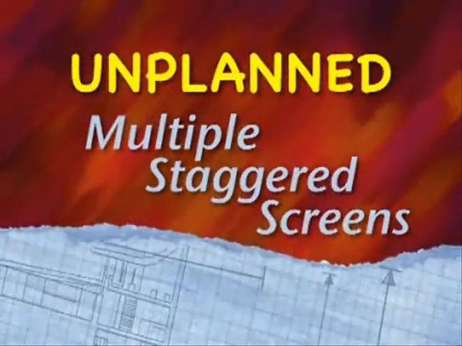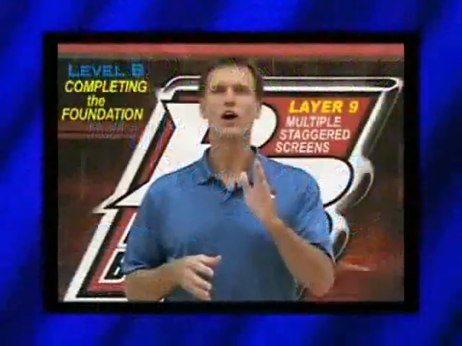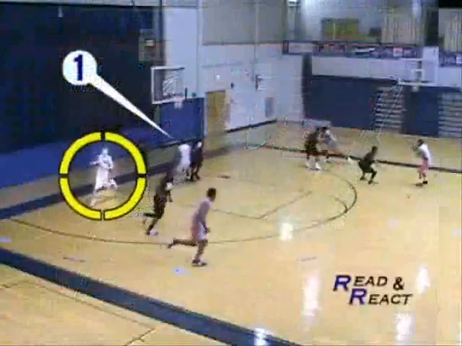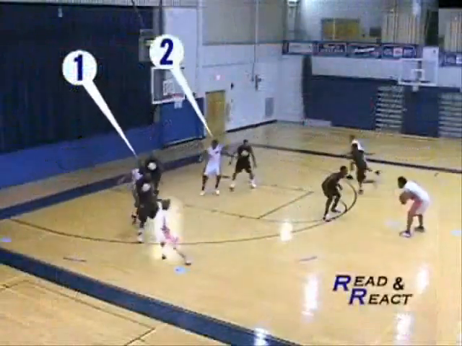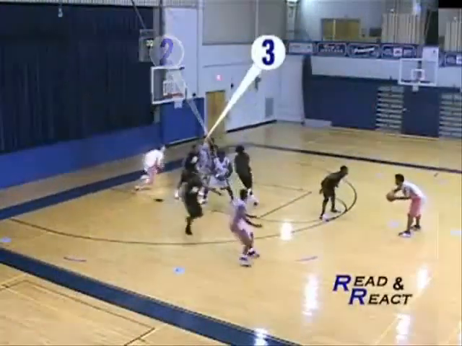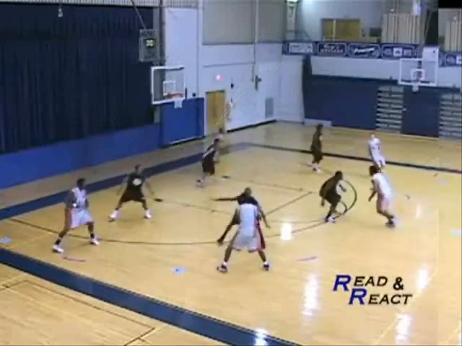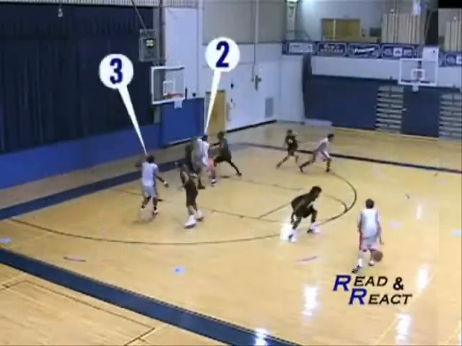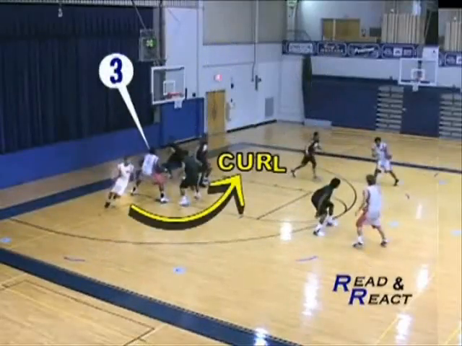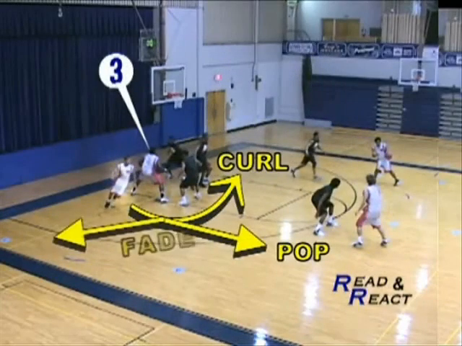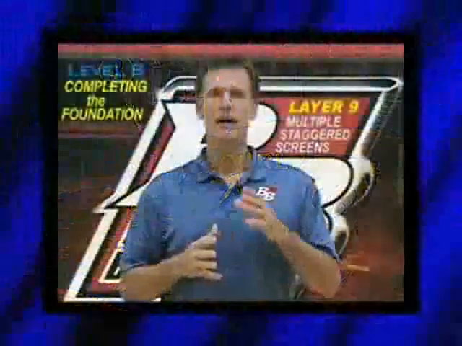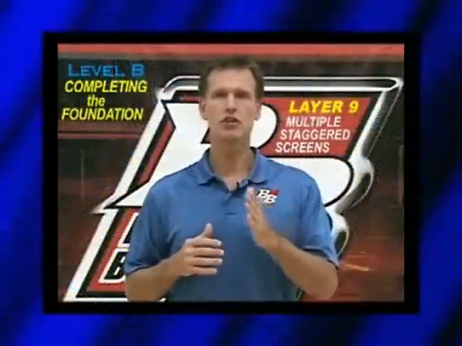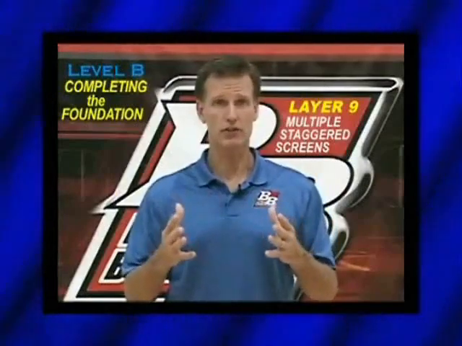Unplanned, multiple staggered screens. Watch how easy it is to get 3 staggered screens. For the smart cutter who can see these screens developing, there's a lot of scoring options waiting on him. As the cutter's basketball IQ goes up, he or she can be taught how to play off these screens depending